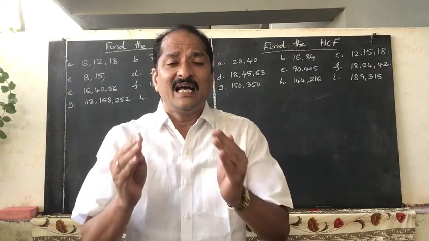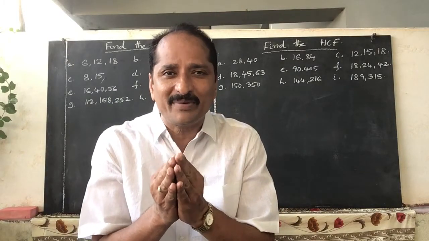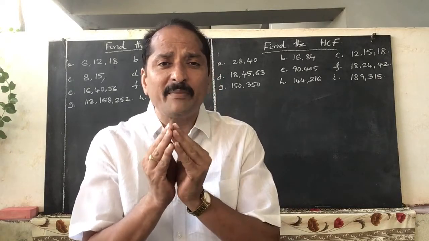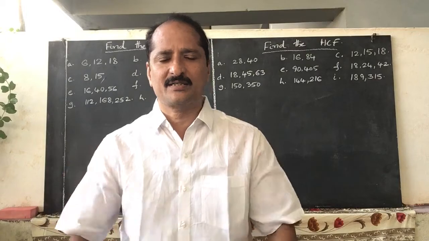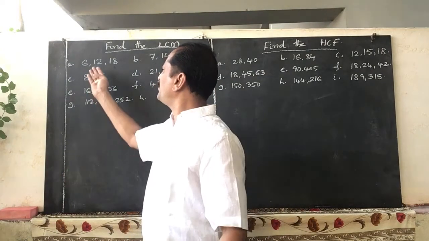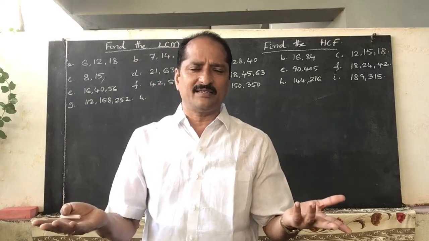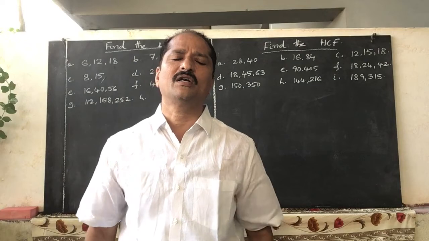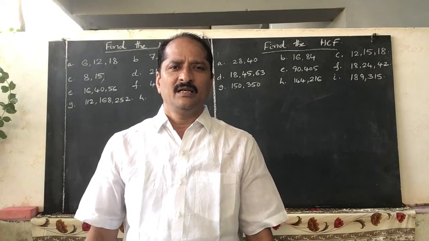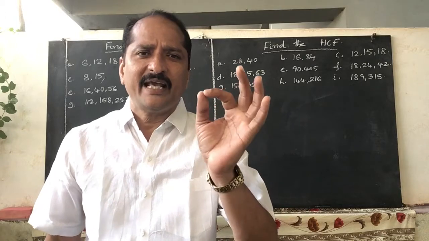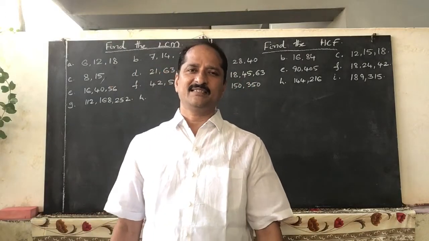Now, the LCM of the co-prime numbers, second property, observe carefully. The LCM of the co-prime numbers is their product, because they don't have any common factor. So whenever you are taking out the common factor, you will not get a common factor. So LCM is just you multiply the two or more numbers. The LCM of co-prime numbers is their product. That is the second point.